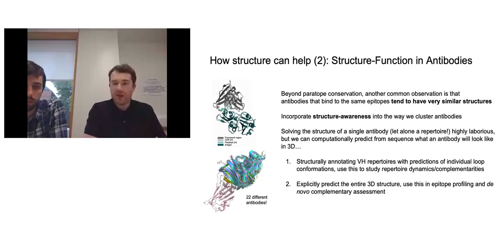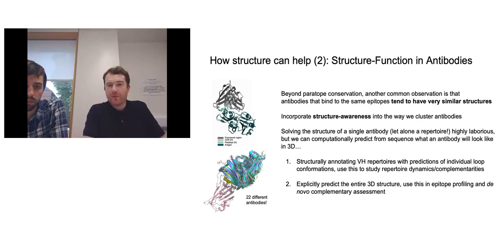This is a purely sequence-based idea. Before we think about explicitly modeling the entire antibody structure, which, as Charlotte mentioned, we're now getting quite good at doing quickly, but is still computationally expensive, one thing we might think about is this: rather than explicitly modeling millions of repertoire sequences, can I instead infer something about the structure of the parts of those antibodies that are involved in binding?